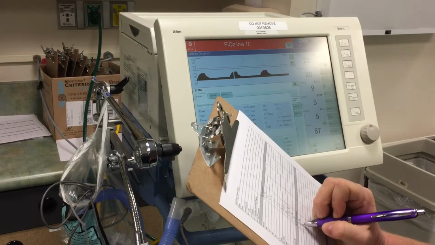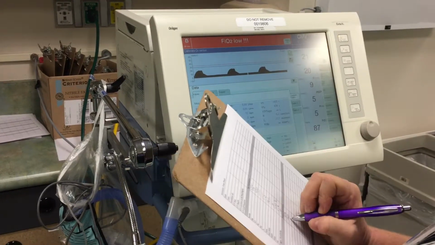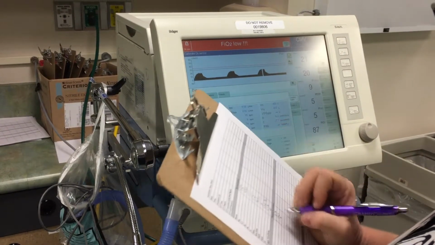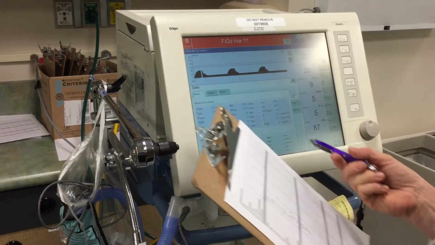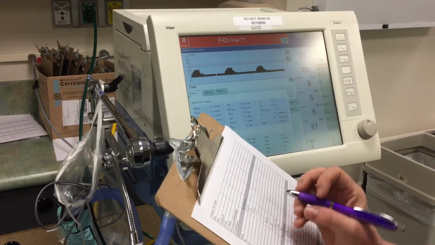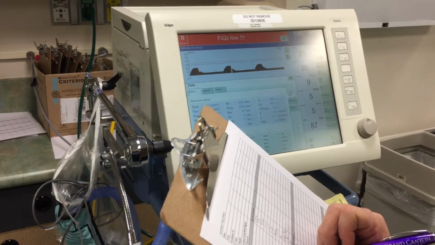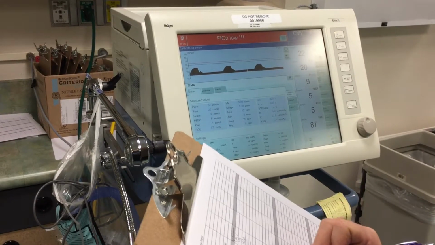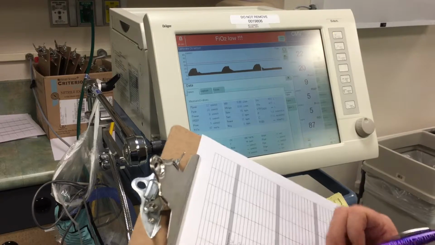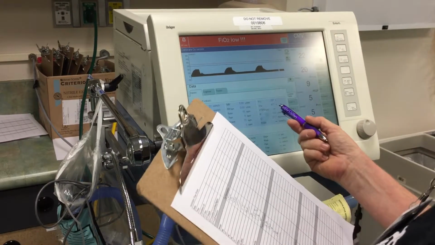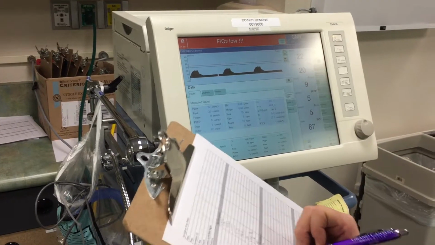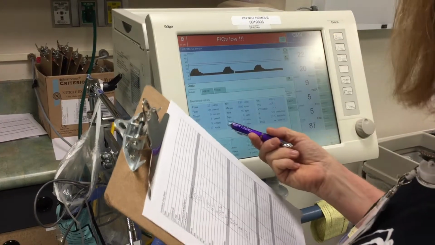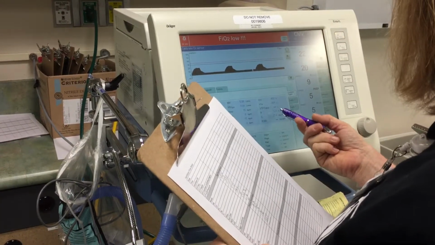Plat is 20. Mean airway pressure is 9. PEEP is 5. Respiratory rate, I set the respiratory rate, so it's going to be 15. They don't have a spontaneous respiratory rate. Their end tidal volume is 401. I set it, so they don't have a spontaneous. Minute ventilation is